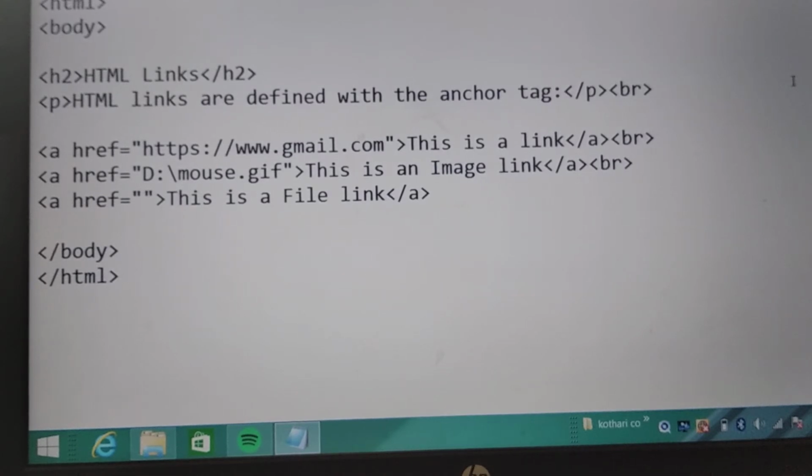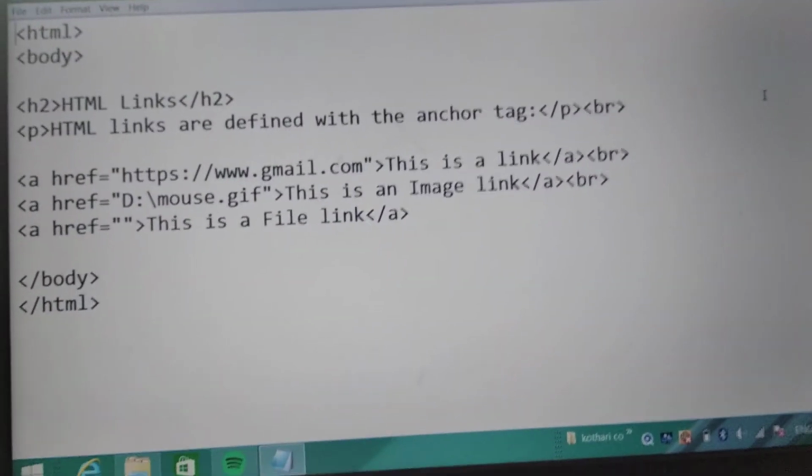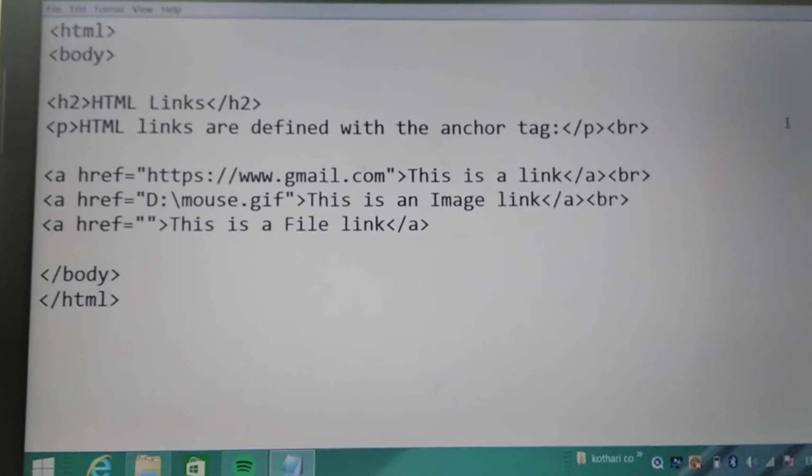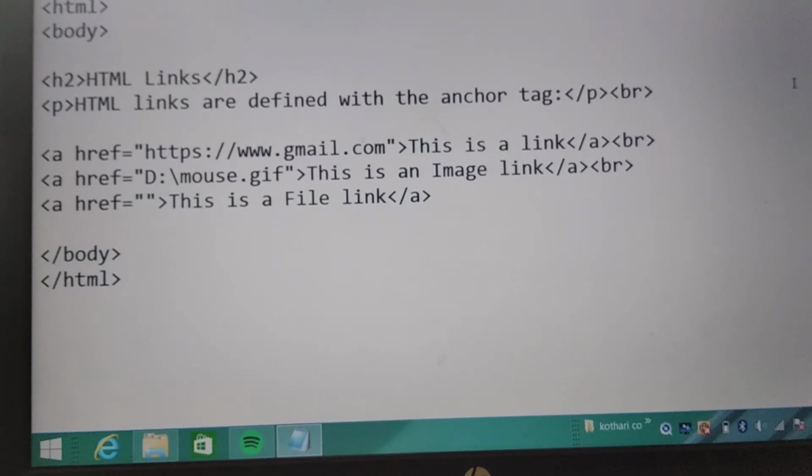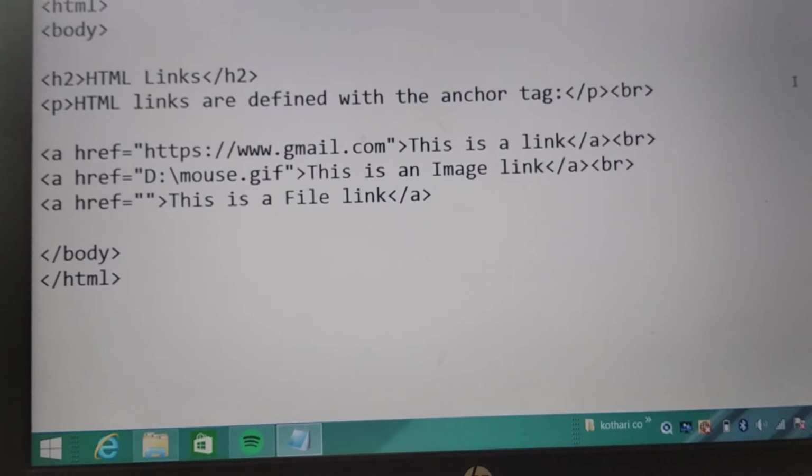For example, if you are interested in listening to music or downloading some music files, then whenever you work on a song website, the first page shows you the name of the picture. If you are interested in downloading the songs of that picture, then you click over the name of the picture.